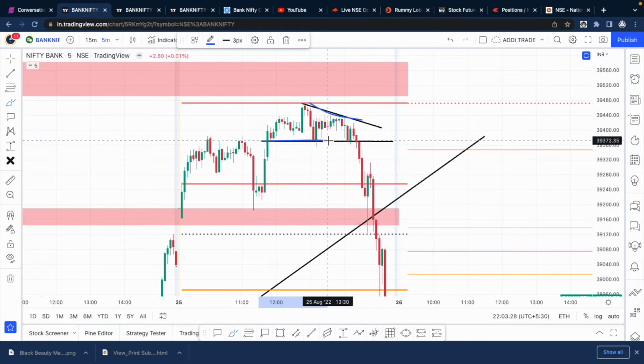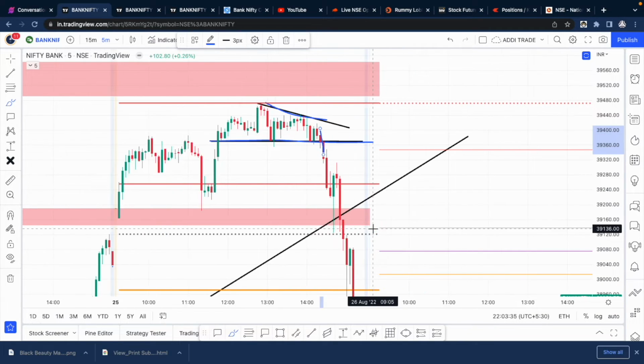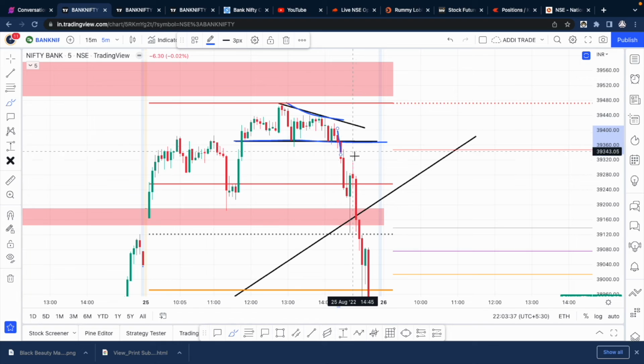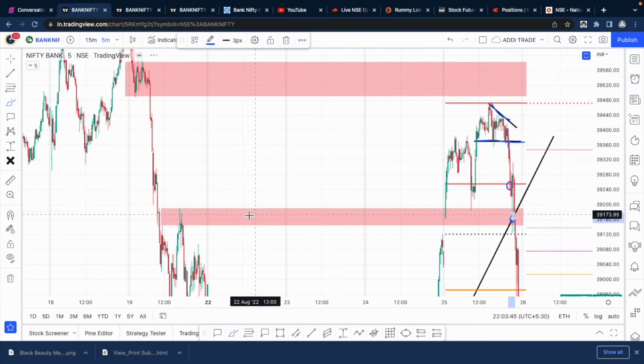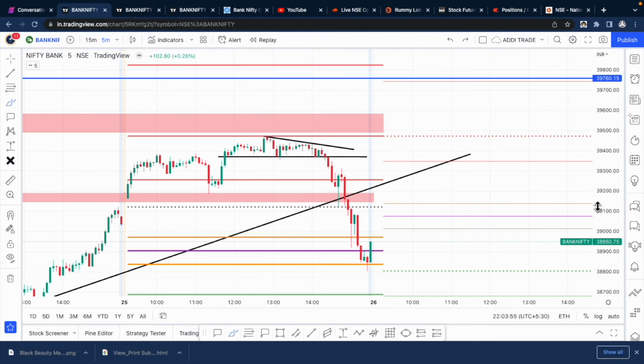So the moment this black trend line broke down, then the move was pretty good. See, when this move started coming, our first target was this R1, and the second target was this trend line, and this resistance zone that we had will act as a support. We exactly came, again bounced, and then got a dip. So overall it was a pretty good day.